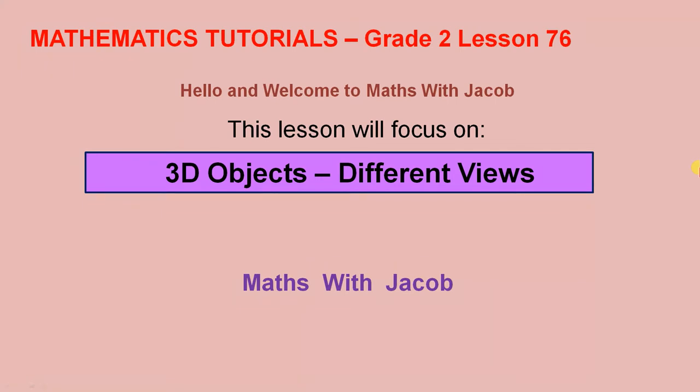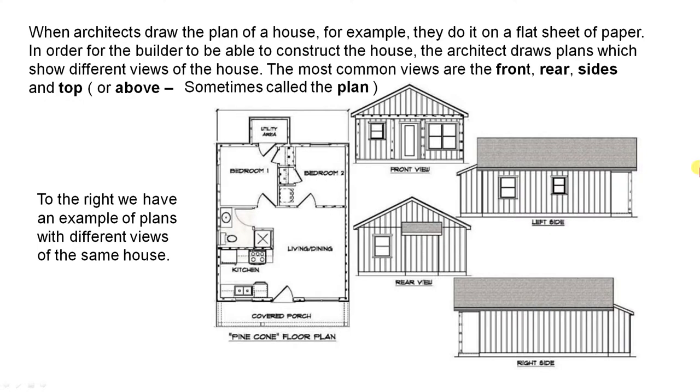This lesson will focus on 3D objects, different views. When architects draw the plan of a house, for example, they do it on a flat sheet of paper. In order for the builder to be able to construct the house, the architect draws plans which show different views